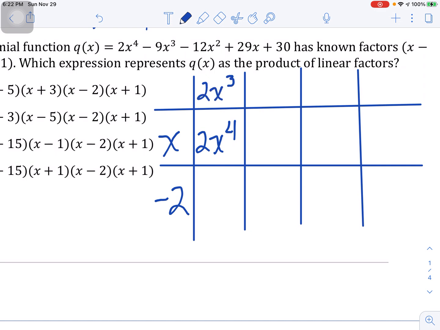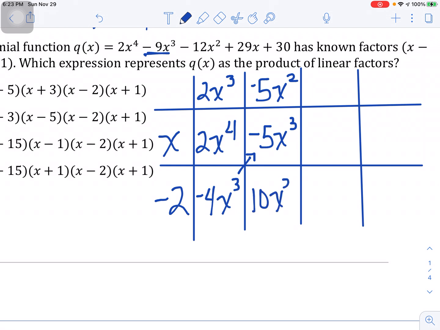Multiply that x, and so now I do the same thing with the 2, so I have negative 4x to the 3rd down here. Then paired with this, whatever I put here, I need to get a negative 9x cubed, so I'm going to make this a negative 5x cubed, which up here then, I'm going to have to multiply this x by a negative 5x squared in order to get the negative 5x cubed, which gives me a positive